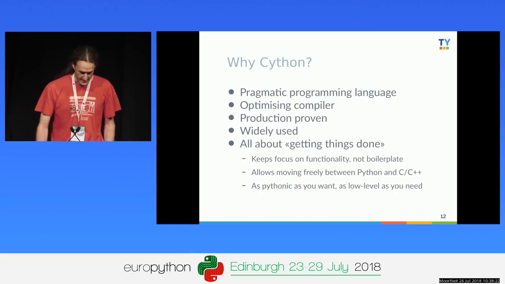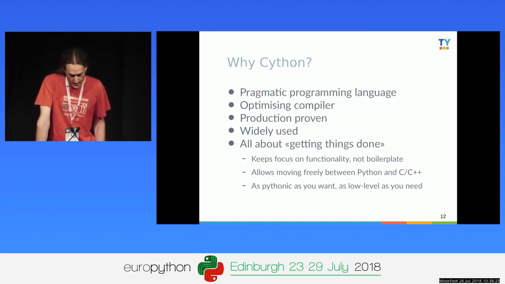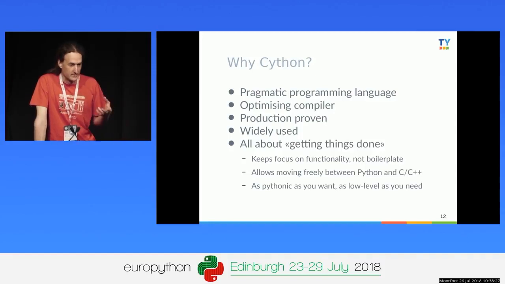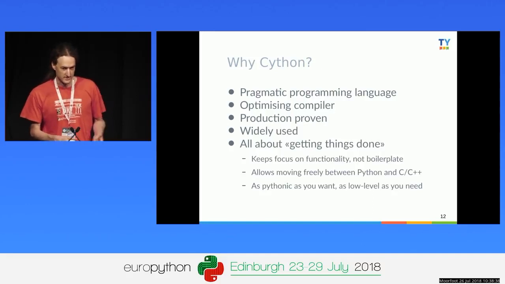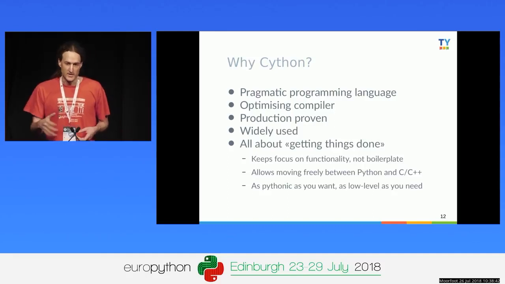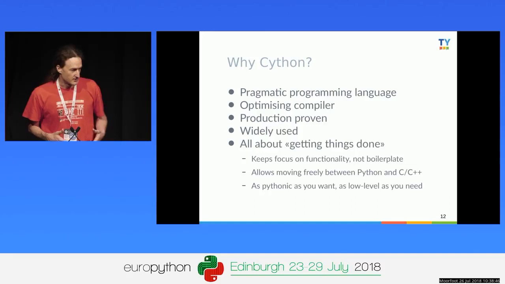So the main property of the language is that it allows you to freely move between Python and C or C++. It takes Python code, but it allows you to mix in C data types or C++ data types right in your Python code. That's the way for the compiler to decide that you, as a user, are opting out of Python semantics and Python object operations, and saying, all I really need here is a calculation with C doubles.